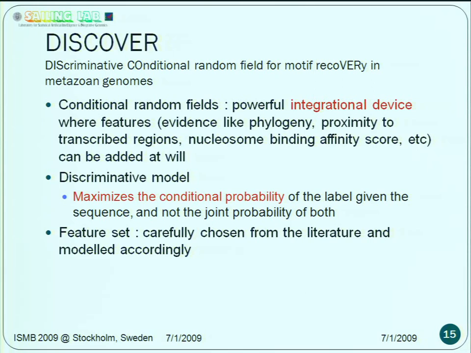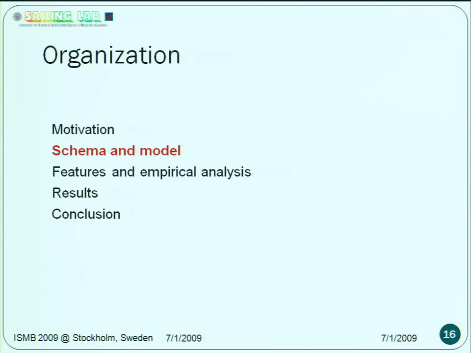Further, what we have done is we have chosen very carefully a set of features. By features, we mean any kind of evidence that can help predict binding sites. We will look at what kind of evidences these might be, like phylogeny and other stuff, in more detail shortly. We have chosen carefully from the literature. So moving on to the schema,